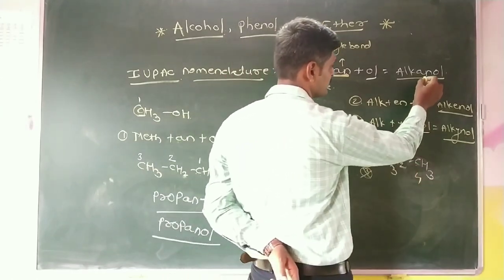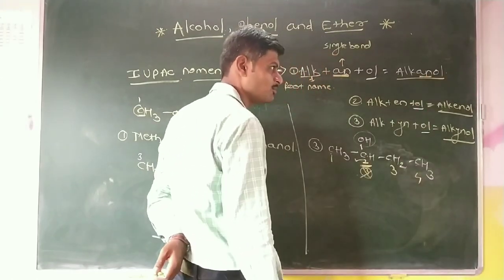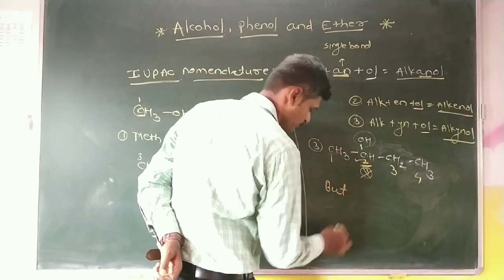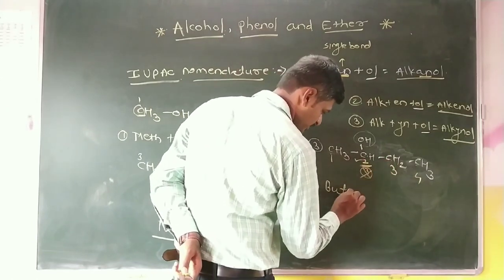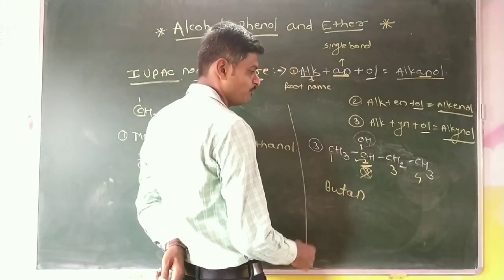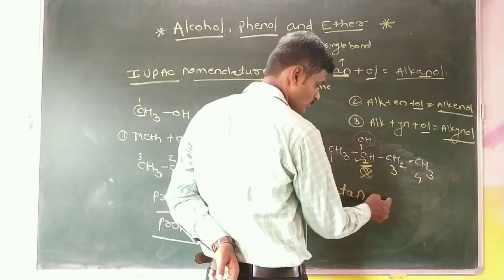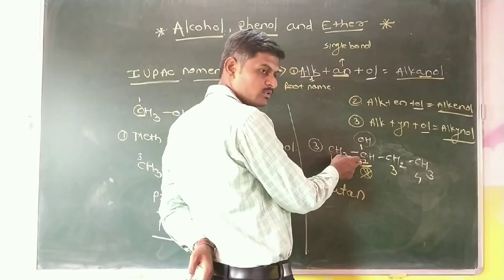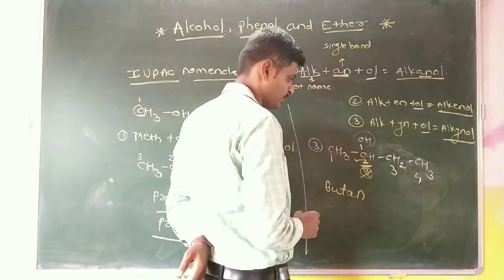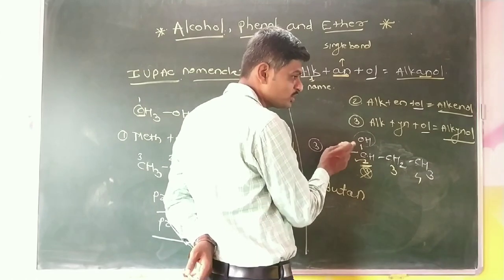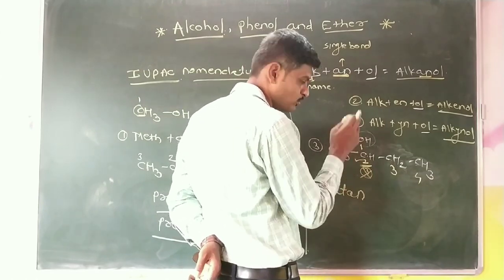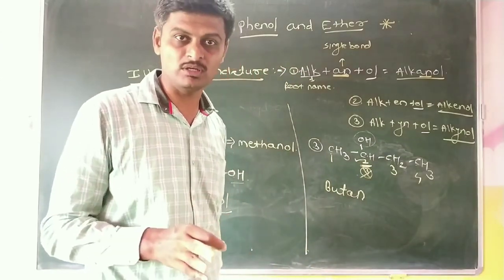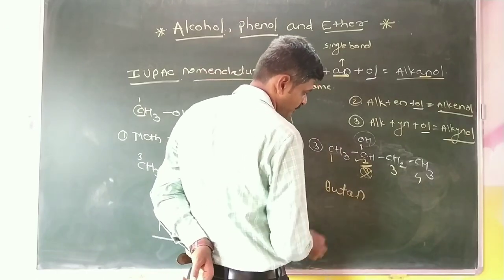Then we can write the name of this compound in the form of alkyl, because all 4 carbon atoms are present with single bonds. Therefore, "ane" represents the single bond of carbon atoms. The 4-carbon group name is but. Single bonded carbon atoms, therefore "ane". Before "ol", we write the number of the carbon atom to which the hydroxyl group is attached, because this number represents the position. This number represents the location of the hydroxyl group on the carbon atom, and it is the lowest locant. Therefore, butane.